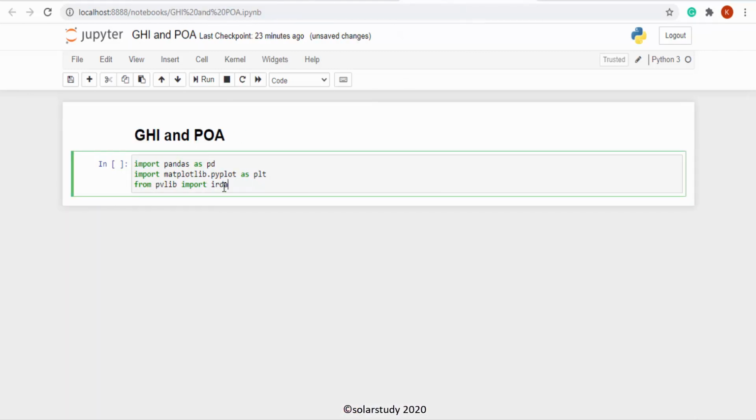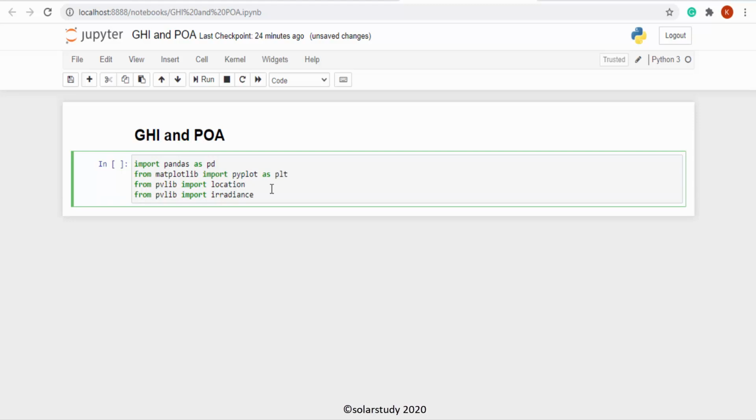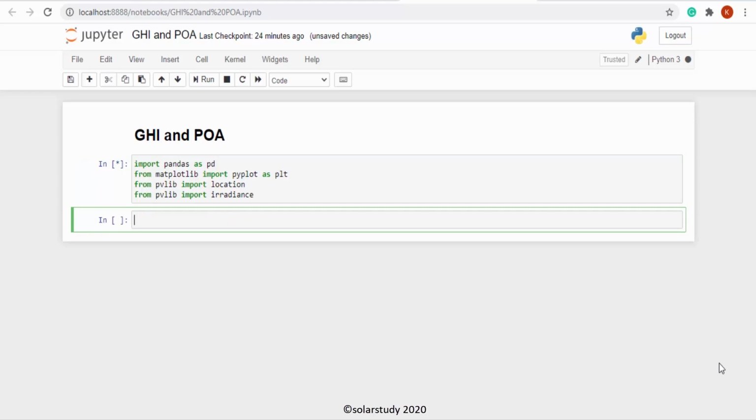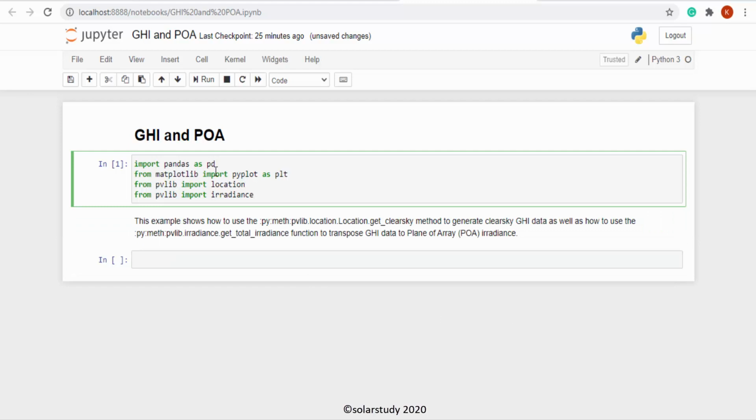Here we will use irradiance. So I wrote two things: one is location and irradiance. Whenever I want to shift something, I just interchange them. Everything is fine, no problem. So I took irradiance and am importing location. Now we will run this. The import is done. We will see line 1, there is no error.